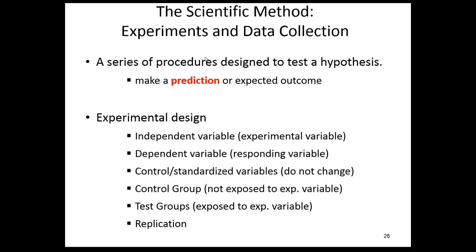So then when we set up an experiment to test that hypothesis, we want to look at the different variables in the experiment. So an independent variable would be something that is changing in the experiment, but we're not actively changing it. For example, if we look at cell phone use with age, we would say that the independent variable is age because it's changing in the experiment, but we're not changing any of the persons in the experiment's age. We're changing or looking at the cell phone use. That's something that can change and that we're measuring as a result of our hypothesis.